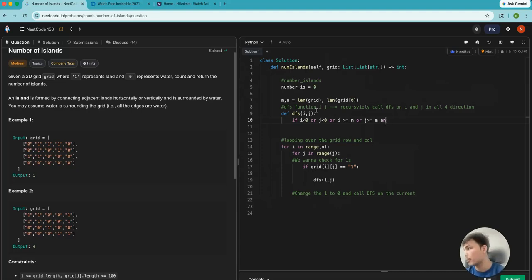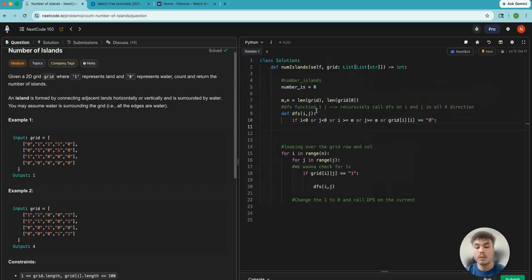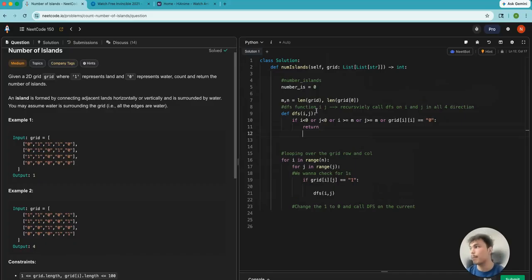And also, or the item that we're on is not a 1, right? If it's a 0, or grid of i and j is not, actually I would just say a 0. If it's a 0, what we do, we just return, right? We don't care about that,